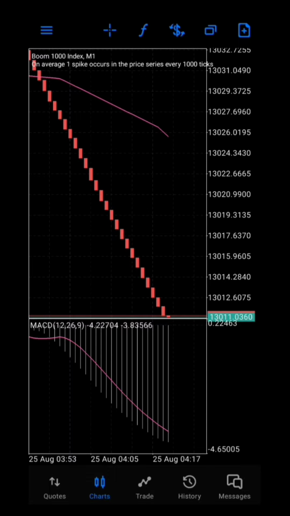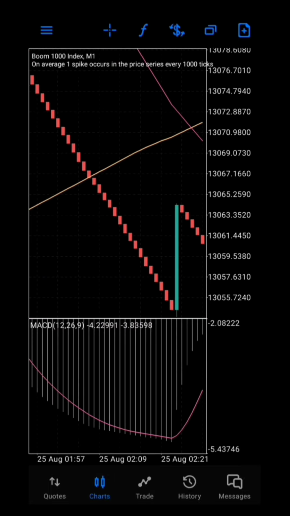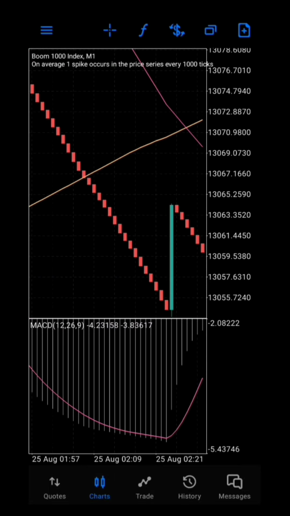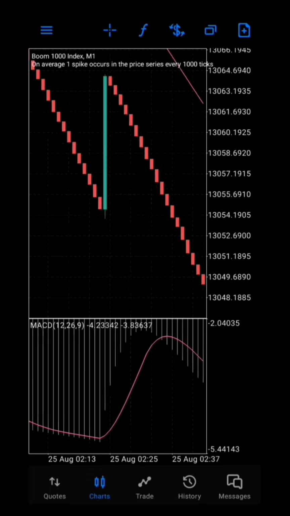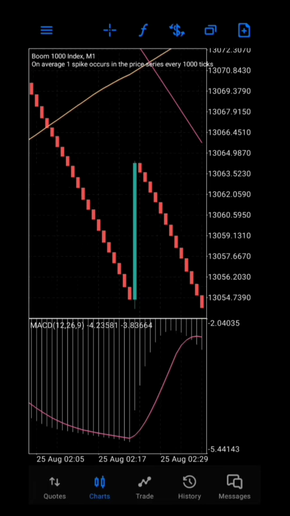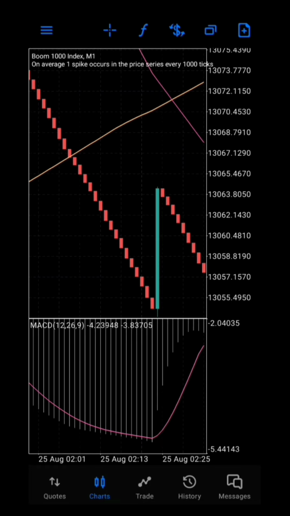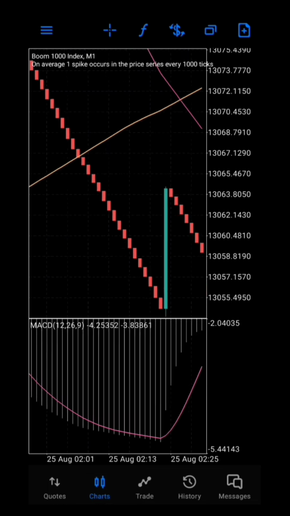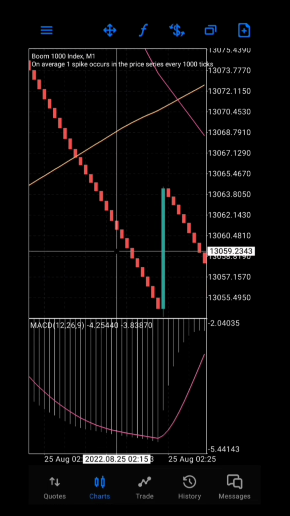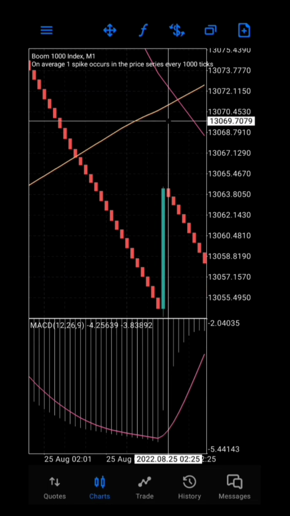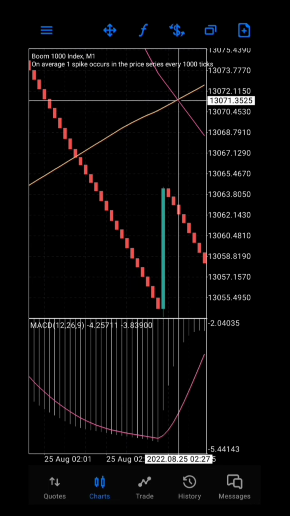So how to use the strategy? Like I said, the pink line is the 50 MA and the yellow line is the 200 MA. Now, if you noticed, whenever the 50 moving average crosses the 200 moving average, either upward or downtrend, the market follows it. You can see this is the first crossing we're seeing here. This doesn't happen often, but whenever it happens,